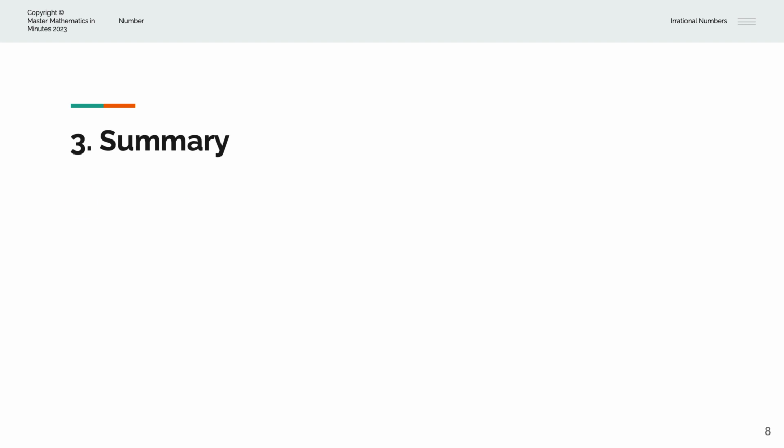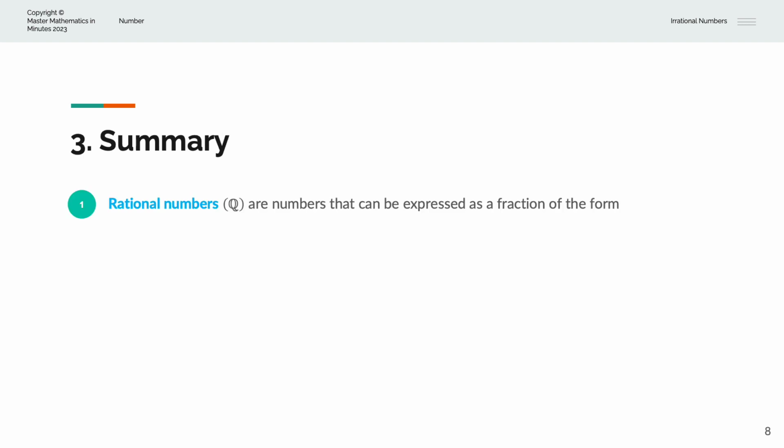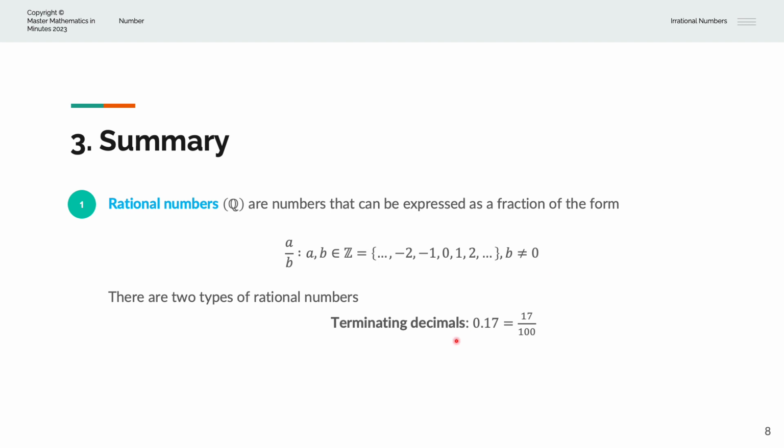To summarize, rational numbers, denoted by the letter Q, are numbers that can be expressed as a fraction of the form a over b, such that a and b are integers, and b is not equal to 0. There are two types of rational numbers, the first one being the terminating decimals. For example, 0.17 can be rewritten as 17 over 100, and 17 and 100 are both integers, so this is